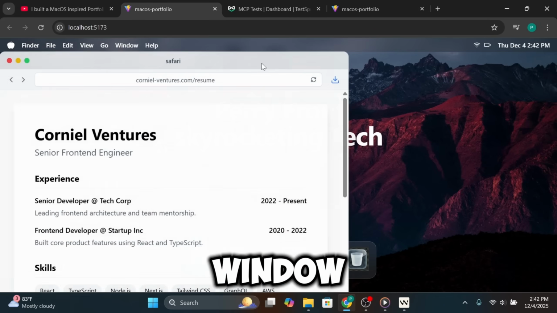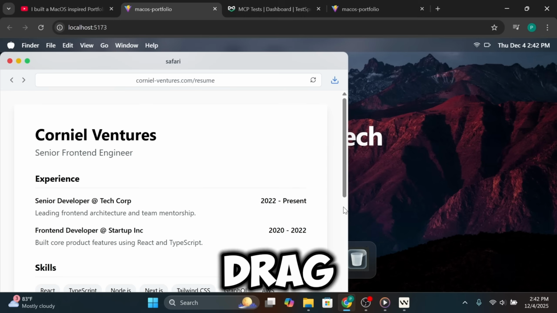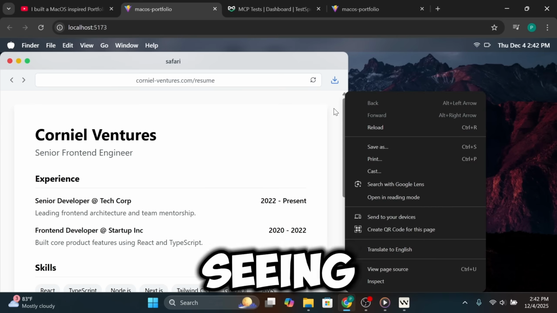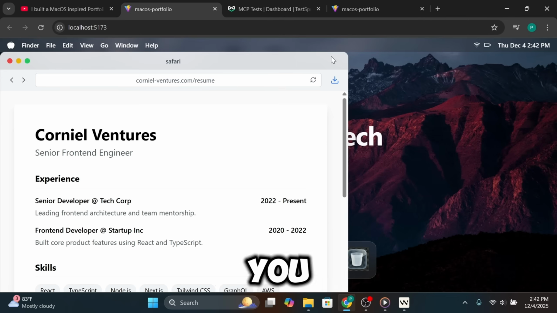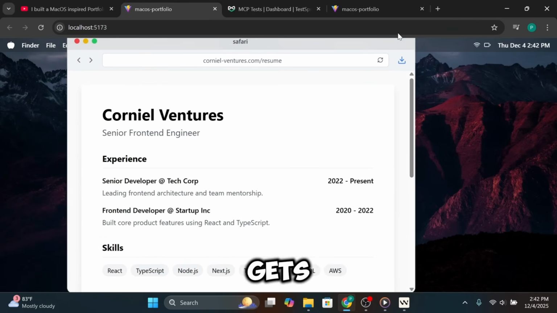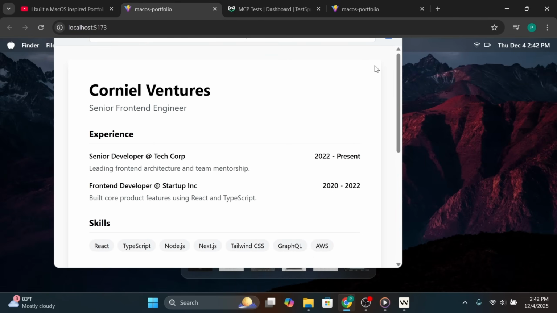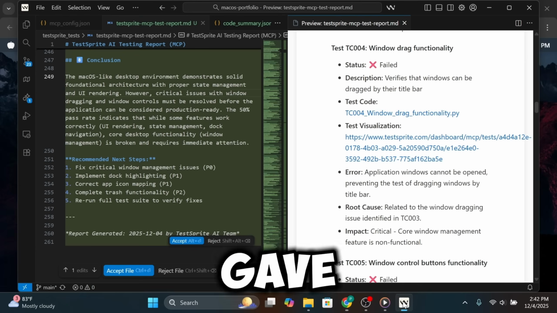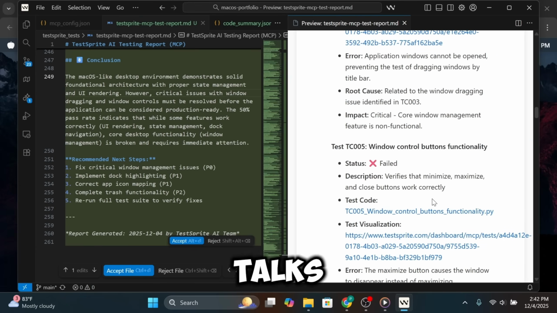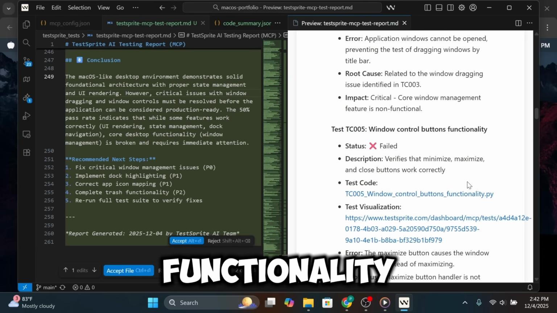So you come on here and open a window. It's very difficult to drag from anywhere else, as you are seeing. It's very difficult unless you are dragging from this point. If this gets embedded inside the navbar, it's near impossible to pull it back down, as you are seeing. So I am clicking and trying to pull, but it's not working. So the result it gave us was actually true. It talks about the window control buttons functionality,